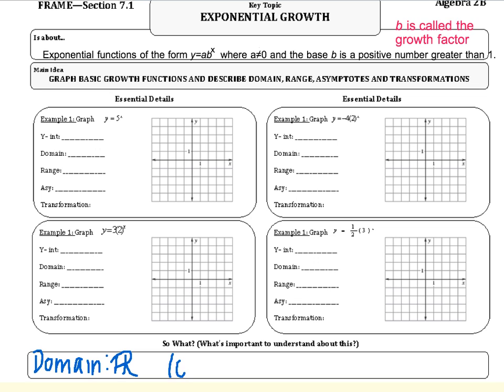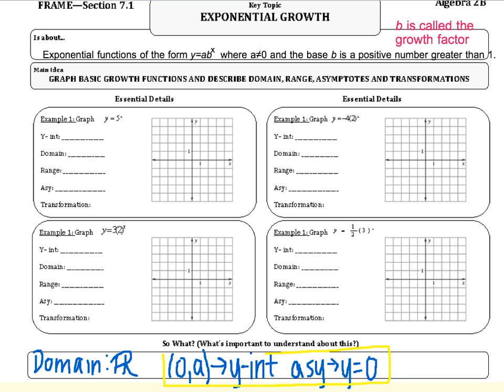And the point (0, a), that's going to be your y-intercept. And then we're also going to have an asymptote of y equals 0. Now these two things that I just said right here,